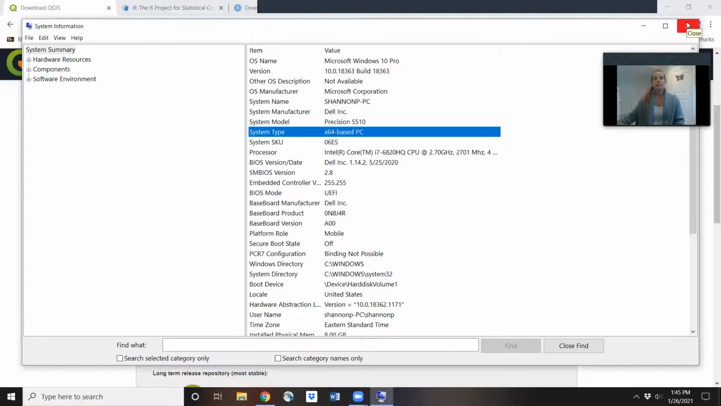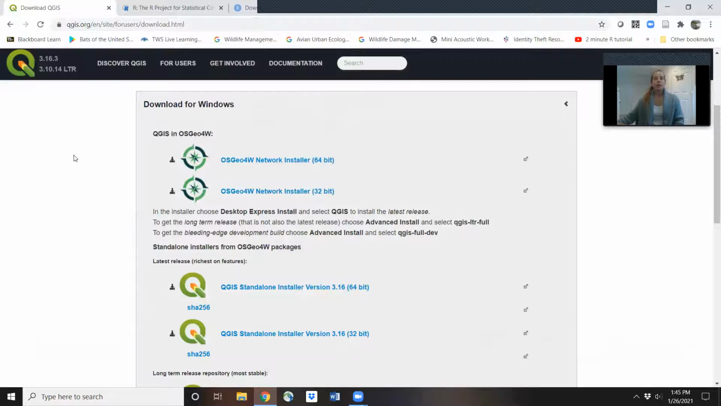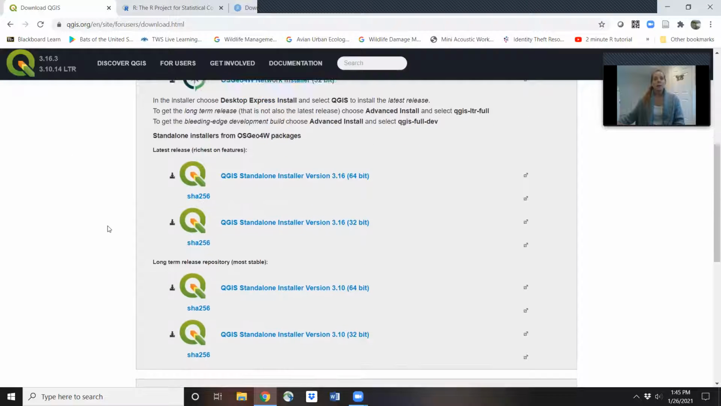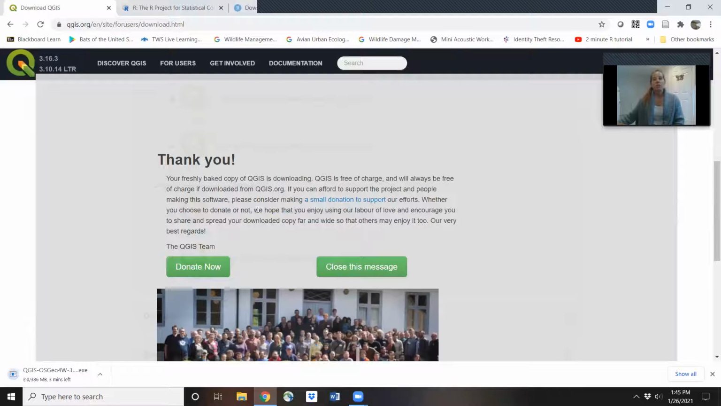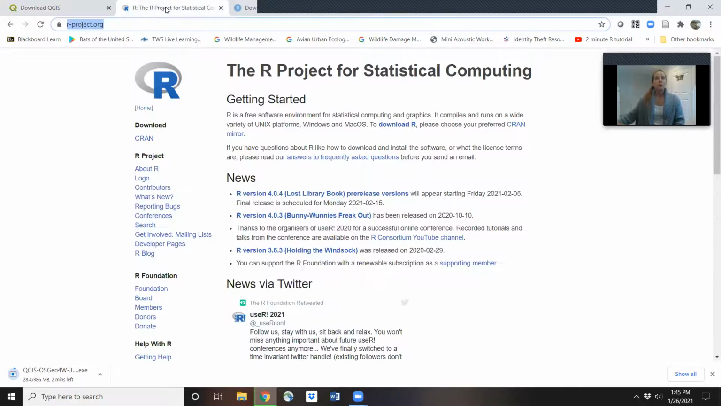type to download. So now that I'm back at QGIS, I want the long-term release, so our most stable version of QGIS. I'm going to go to the 64-bit, and then I'll follow along the instructions for installing that. Then for Program R,